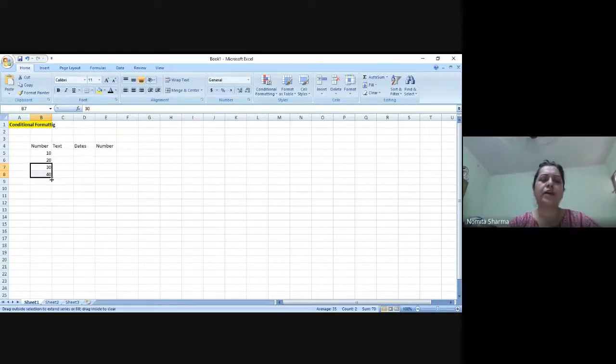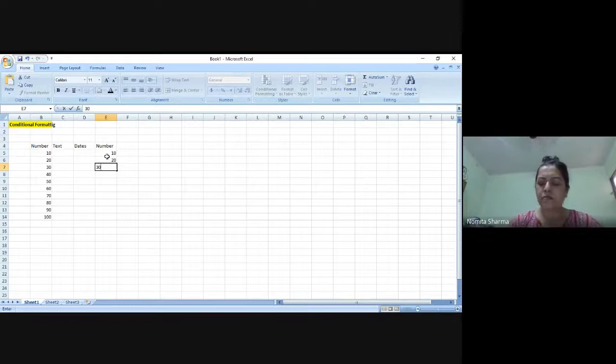I hope everybody knows that if I want to have continuity in the numbers, I can simply drag the numbers down and automatically after 30, 40, 50 will come. The same I want to have here as well. I'm writing these numbers with a purpose because we are going to work on these columns. So we have again 10, 20, 30, and I want this to be dragged till 100.